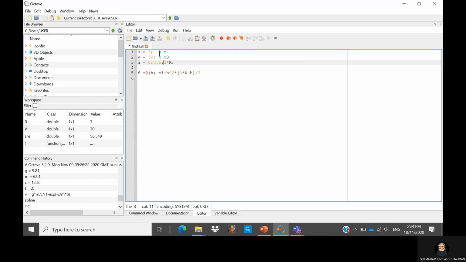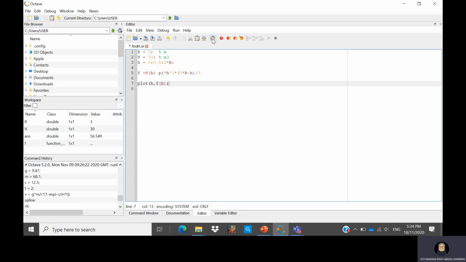So by writing it this way, you're telling it that the value of H goes from 0 until 2R with a step size of 0.5. So you're going to have several data points for H. Now if you plot, let's say here, plot H to FH,